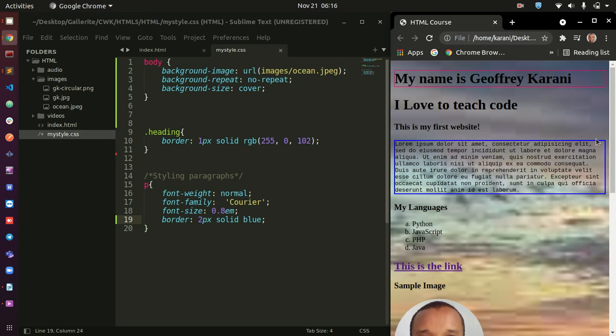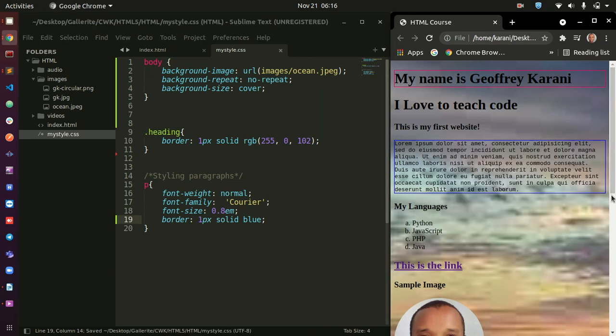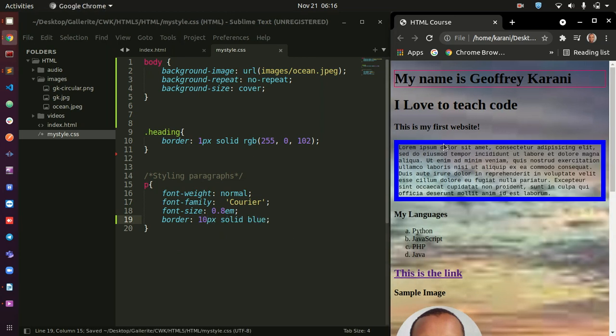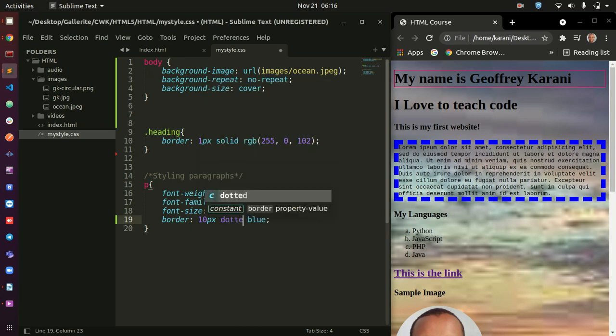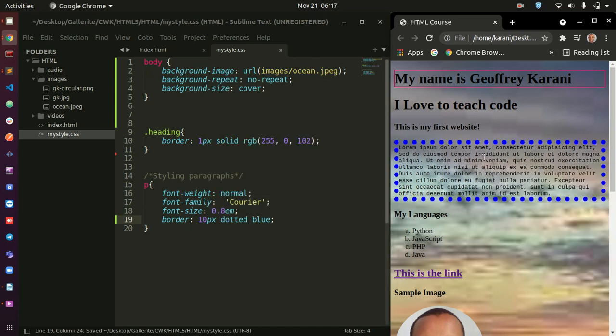That is it. You can see that we have here a blue border that is 2 pixels thick. So if I do one pixel here, the thickness is going to reduce. Just look at that, you see it has reduced. If I do 10, it's going to be very thick, you can see. So this is the size. How thick do you want it to be? Then what type? Because I can come here and do dashed, something like that. Look at that, you can see this one is now dashed, and you can also do dotted. Refresh, and you can see now that those become dots. So this is how we define borders.